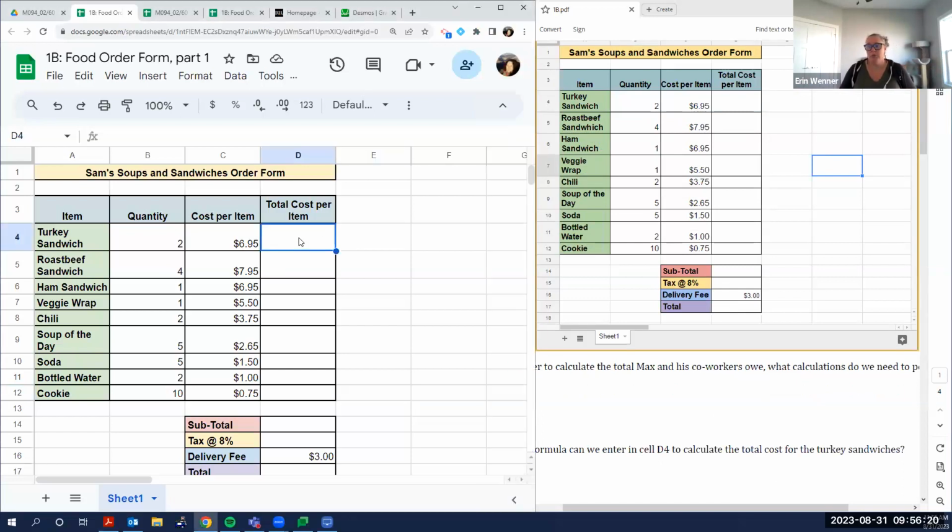So it's really good that we're thinking about these things not as numbers, but as where they are spatially within the Google Sheet. If I want to know the total that we're spending on turkey sandwiches, I know I have 2 of them and they're $6.95 apiece. If we were doing this not in Google Sheets, we'd just do 2 times $6.95. That's the amount that we're doing. But